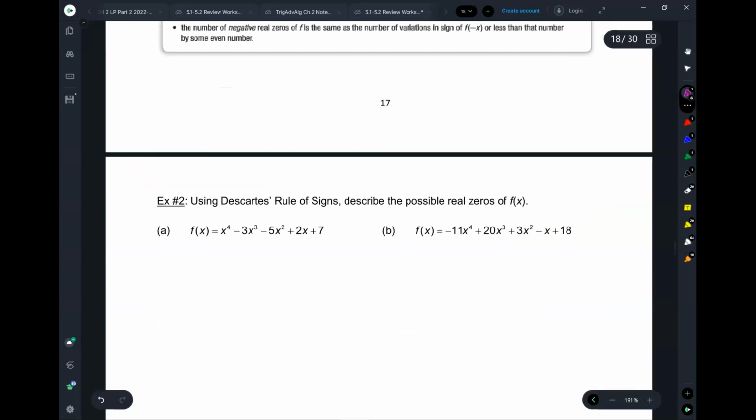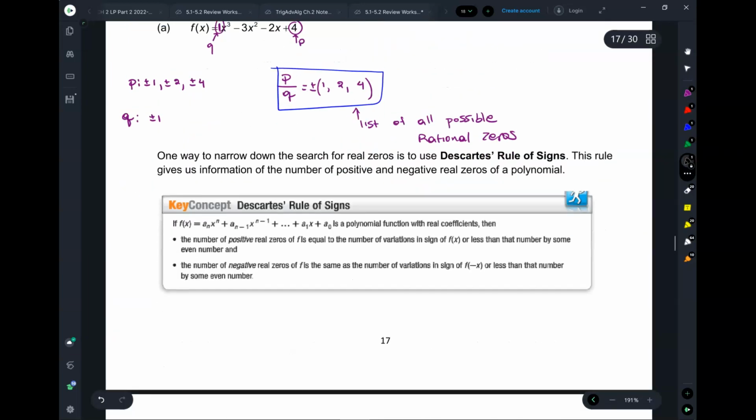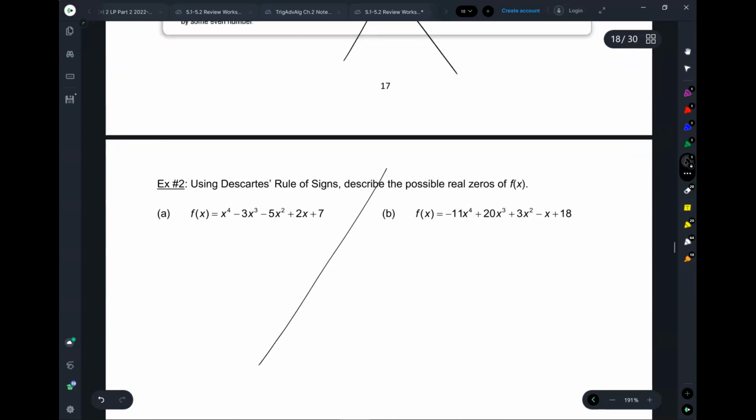And you know, I thought I wasn't going to skip this, but I am. I'm going to skip Descartes' rule of signs. Sorry, Descartes, I love him, but